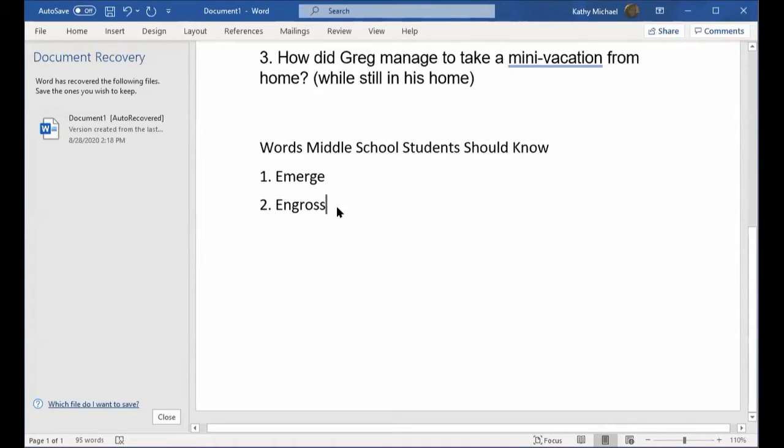So the second word is engross. Engross means to have something consume all of one's attention or time. For instance, you could be so engrossed in a Harry Potter book that you don't see the snake sitting next to your chair, reading along with you. And number three is